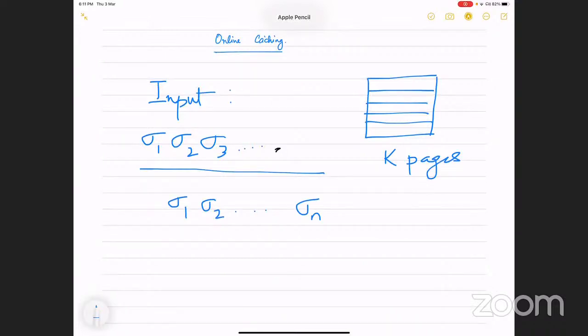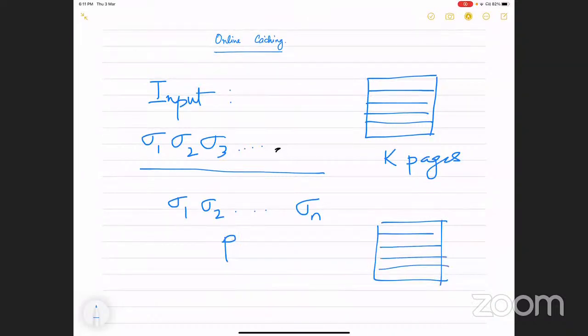That's an algorithm that you study in algorithms class. And the algorithm which gives you the least number of cache misses is like farthest in future. So whenever a page request arrives and this page P is not in your cache, you look at all the pages that are there in your cache, and you see the one which will be requested farthest in the future among all those ones. That's the one you evict from the cache. It's not hard to prove that it is optimal.